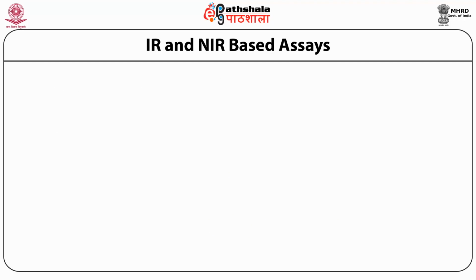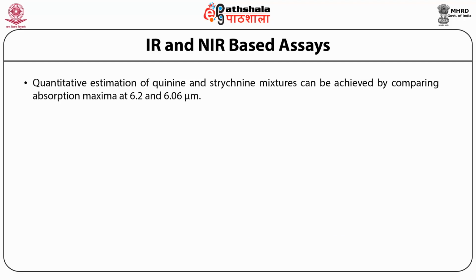IR and near IR based assays. This slide gives a list of such experiments which can be done with IR or near IR region. The first one is quantitative estimation of quinine and strychnine mixtures, which can be achieved by comparing absorption maxima at 6.2 and 6.06 micrometers. So students should take care that some of these values can be changed into wave numbers, which have the unit